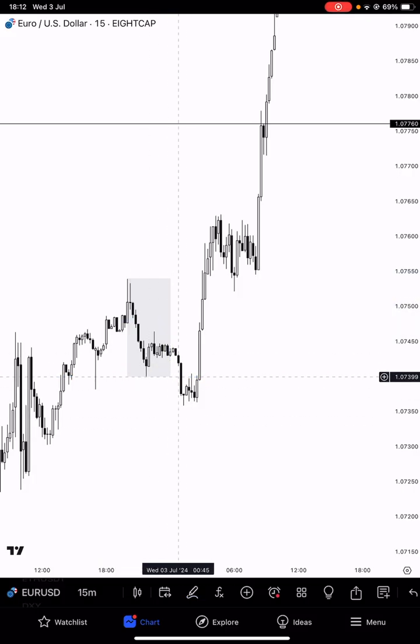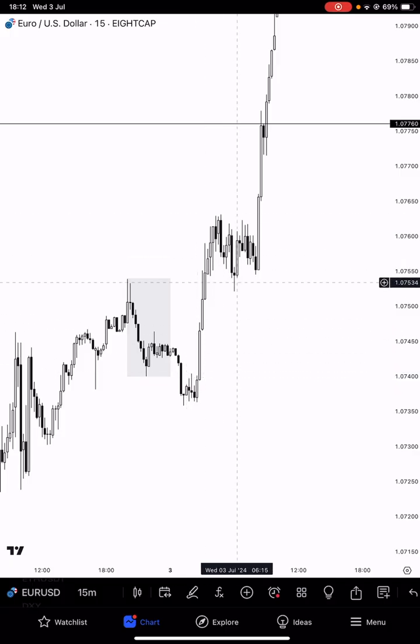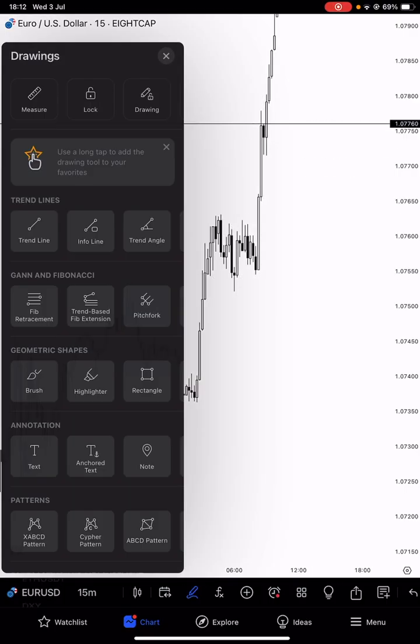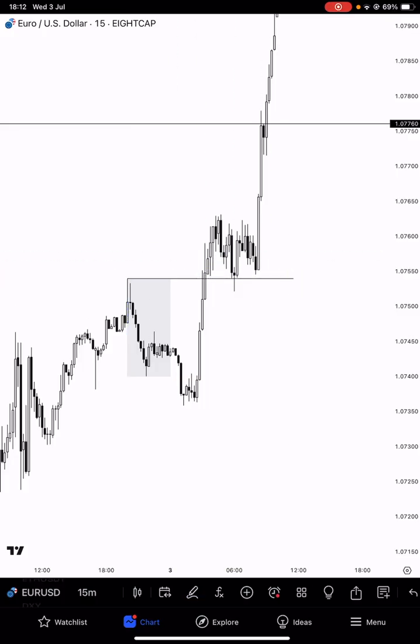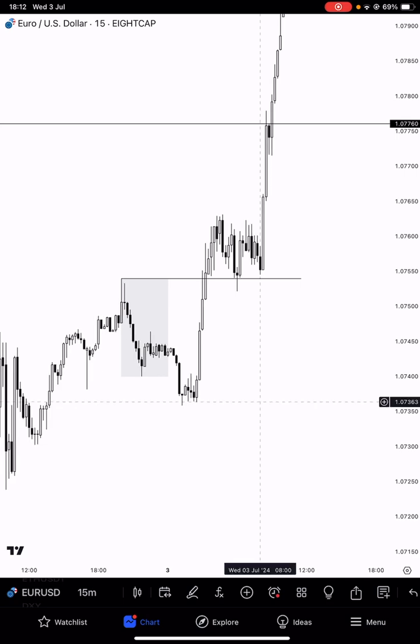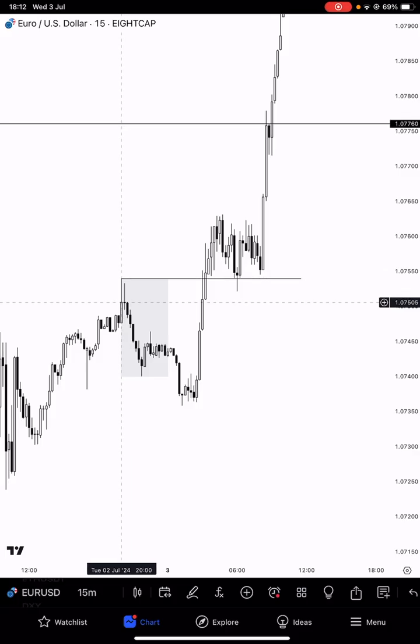Soup of the Asian range. I missed this. I was not in front of the chart at the time, but I was able to enter right here to target this. And I called the trade on Twitter, time-based breaker. A breaker that was formed in the Asian range. People ask me, why won't you expect price to get down there? That's why. Candle range theory.